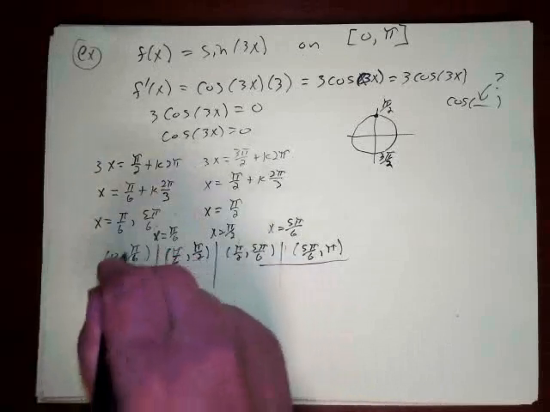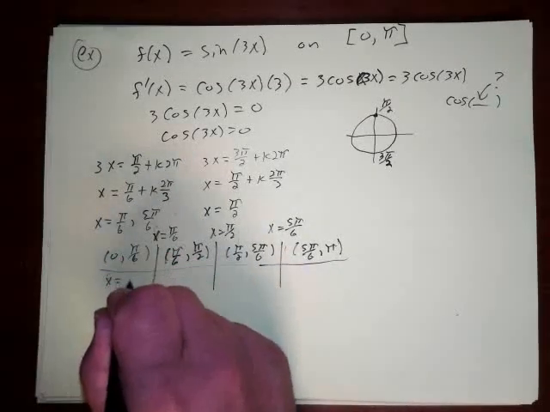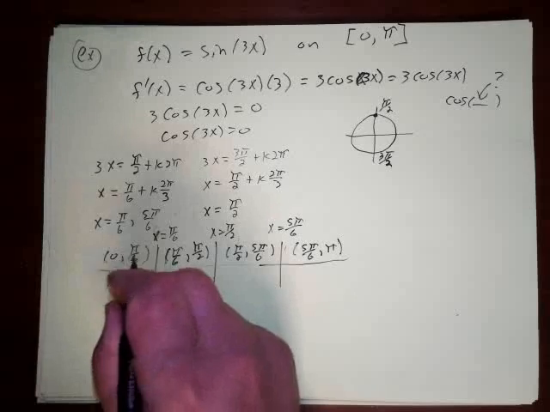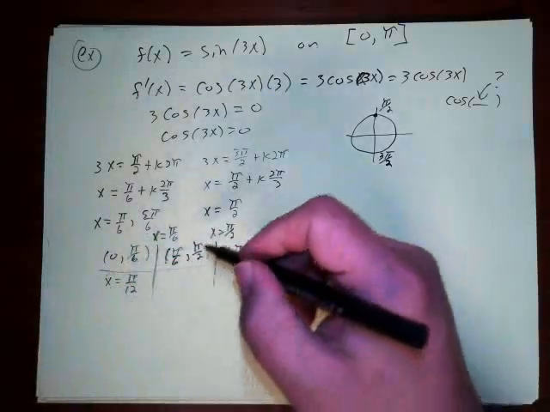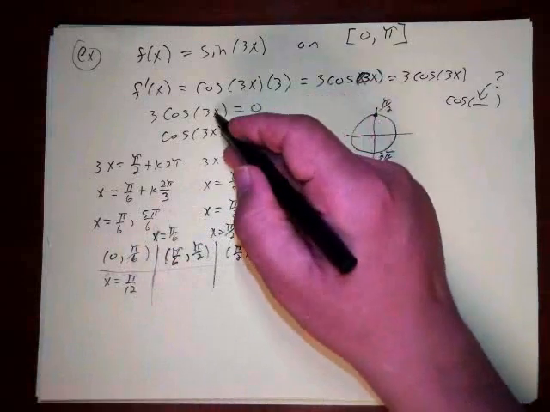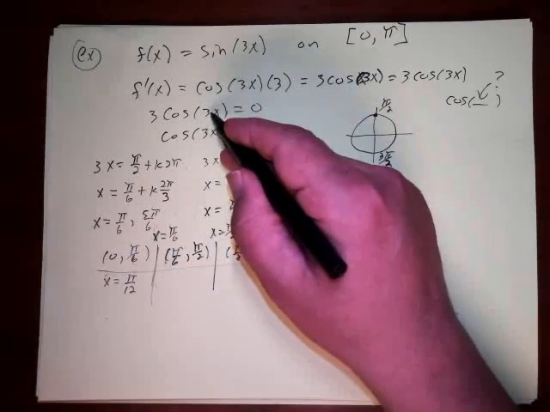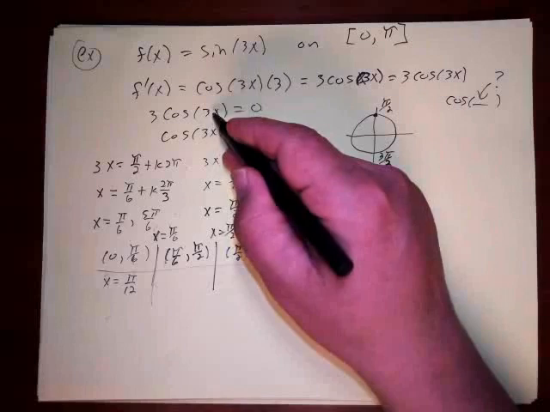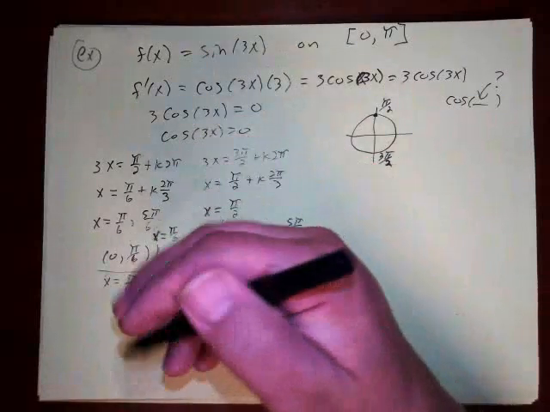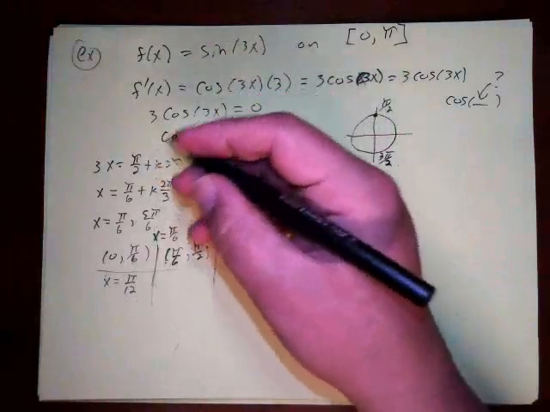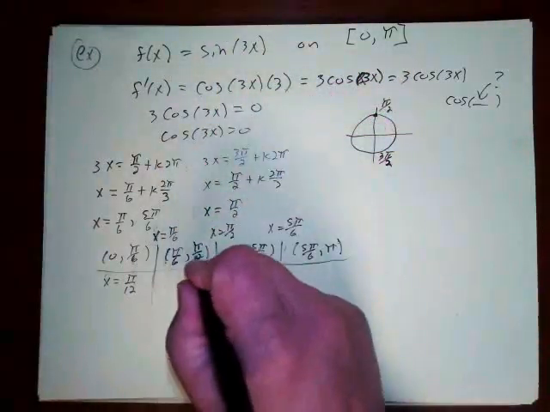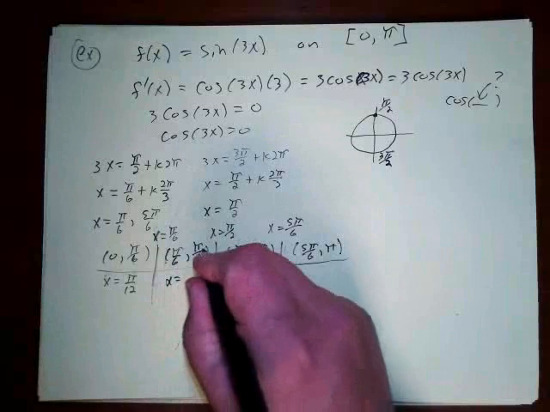So I can't get a special angle in here, because 0 to pi over 2, it has to be inside there. So I'm going to do pi over 12. But notice when I put pi over 12 into this derivative, I'm multiplying that by 3. And so I'm going to get pi over 4. So that still is going to involve the special angles. Okay. Now this one I can use